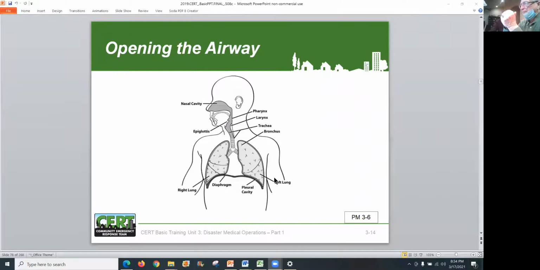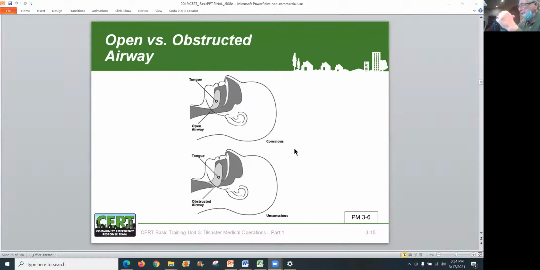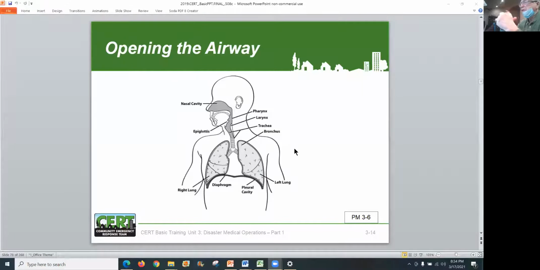How about a little bit on the airway? Should I talk about the airway? Yeah. Okay, of course, you guys all know the airway is very, very important. In first aid, they'll always teach you how to keep the airway open, by tilting the head back and making sure that they can breathe on their own as much as possible. If they can't breathe on their own, then they have a major problem.